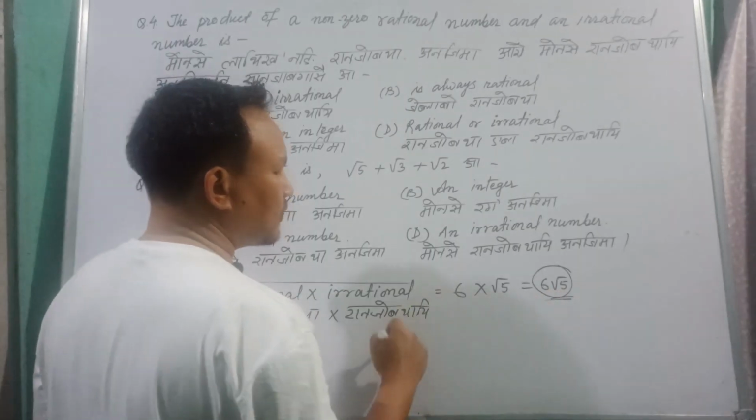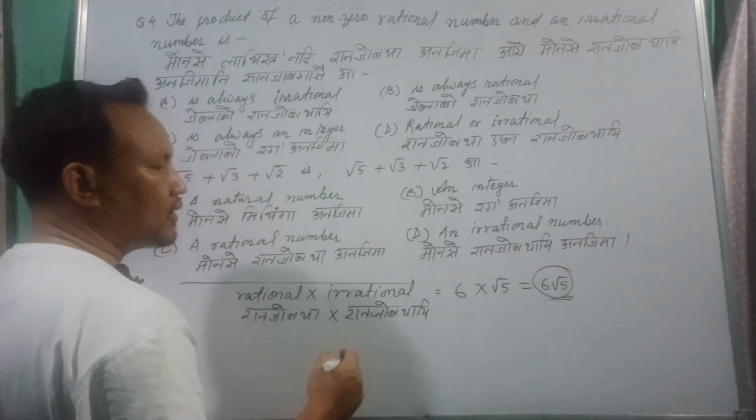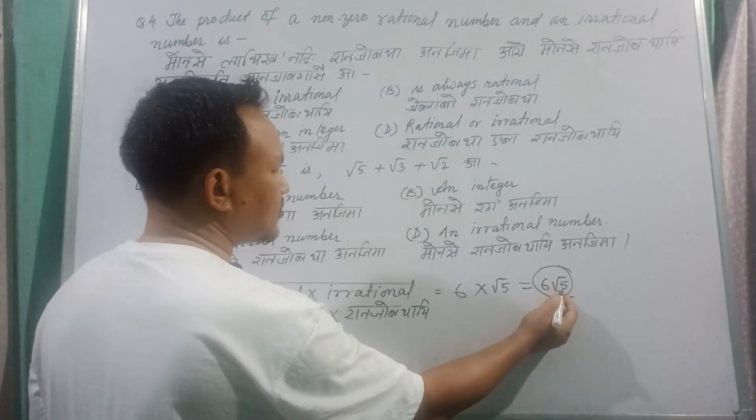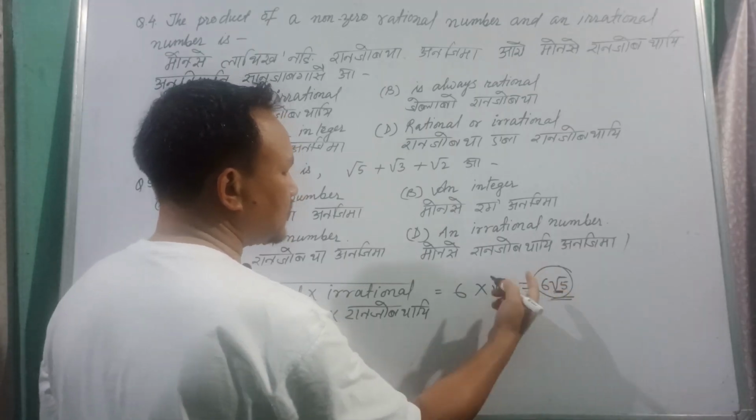What is this value now? What is this number now? Is it a rational or irrational number? 6 root 5. Whenever there is a square root and it cannot be taken out,